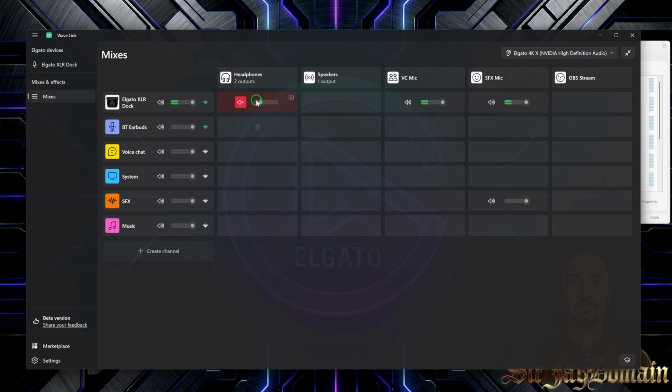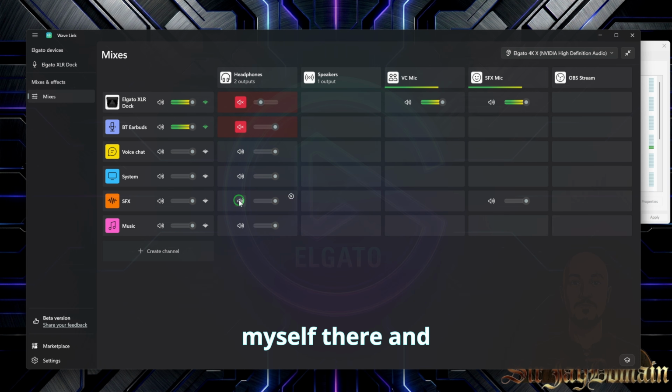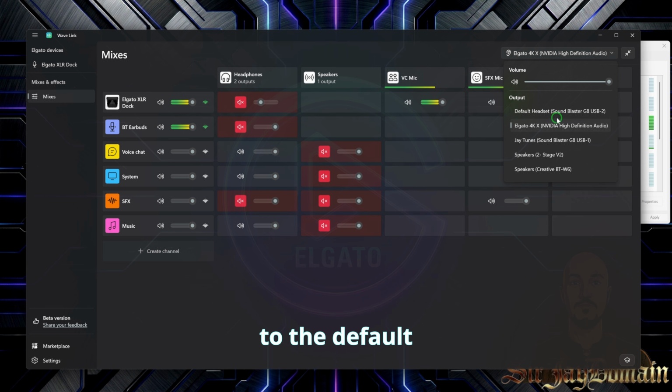and switch it over. For headphones, I'm going to add everything. I'm going to mute myself there, and I don't like to hear my sound effects right now, but you can set it up to where you can hear it later if you like. I'm going to add all of these to my speakers as well, but I don't want to hear anything from my speakers right now, and I will show you how that's set up later as well, with the Stream Deck, of course. Lastly, we're going to change this Elgato to the default headset, or whichever your main headset is for